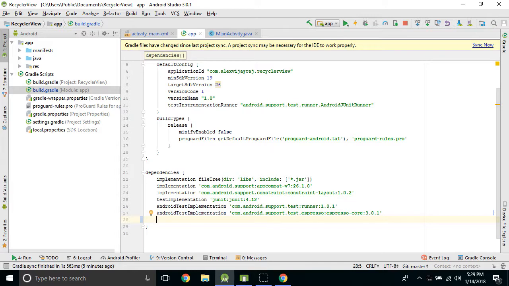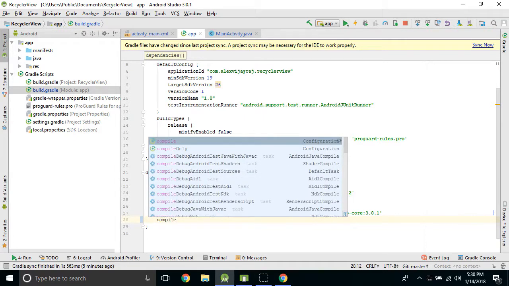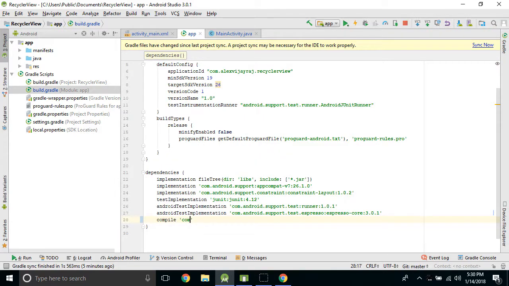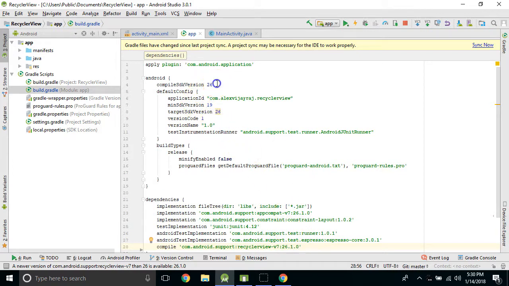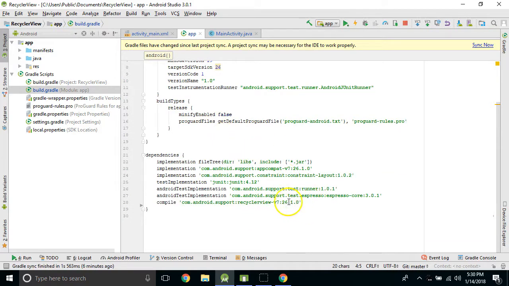To do that, I'm opening the build.gradle file of app, and I'm typing compile within single quotes com.android.support:recyclerview-v7:26.1.0. Notice that 26 must be the same as your compile SDK version, and 26.1.0 is the latest version,